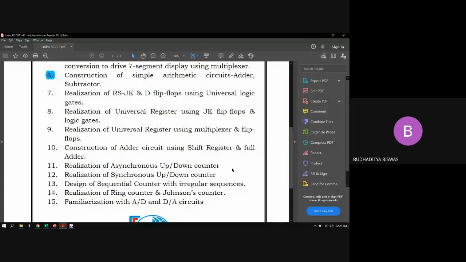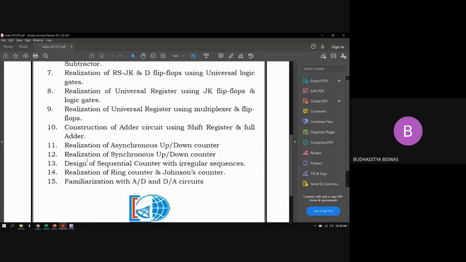Yes, sir. Okay, so now how can you design this one? Design the synchronous up-down counter. So the realization of synchronous up-down counter. Are you able to do this? The manual, everything is there, but do you understand this one? How to design the implementation of synchronous up-down counter.